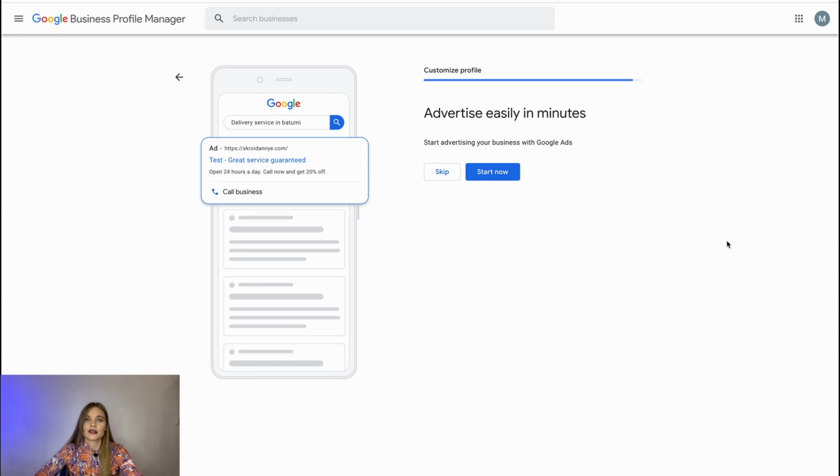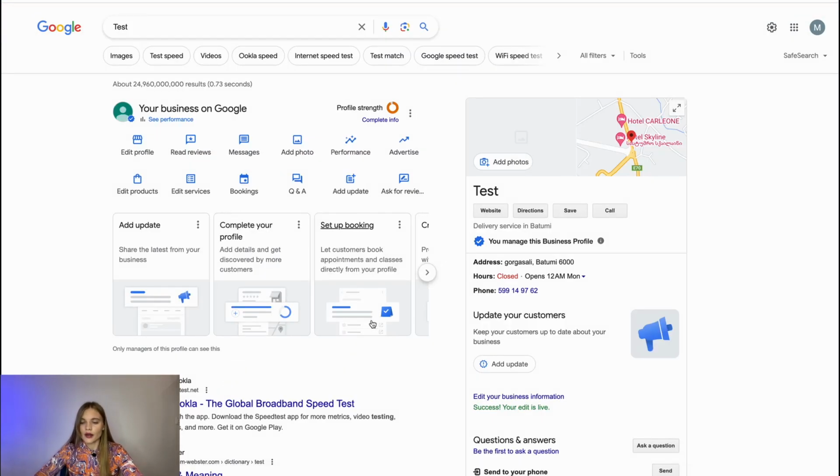Right after this data filling, you can start your first ads on Google. And now we're going to skip this, but in fact, you are available to start now. Now you have a card of your business here. It's like an account on Maps, and there you can read any reviews, you can message with your clients,